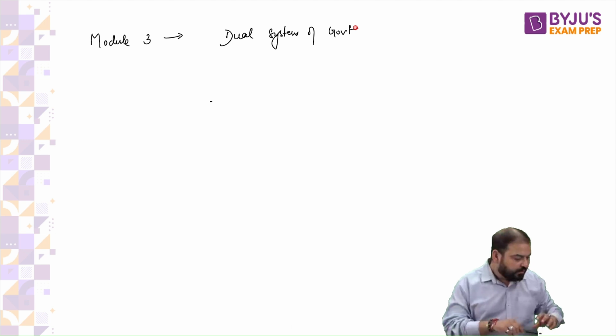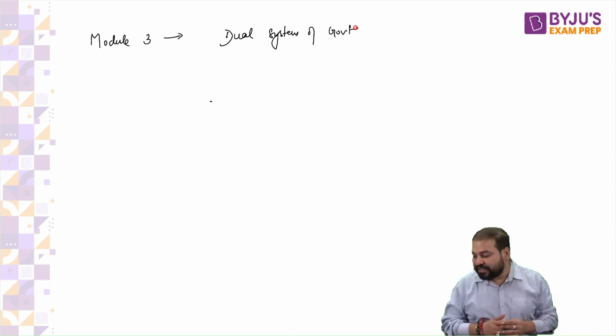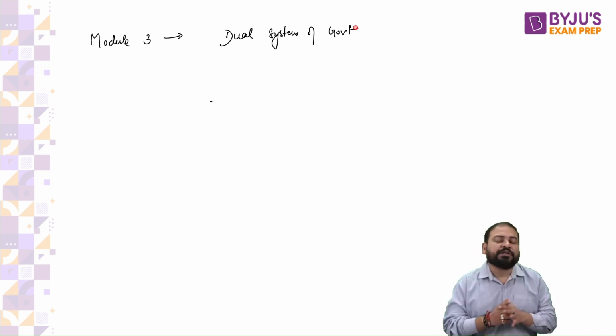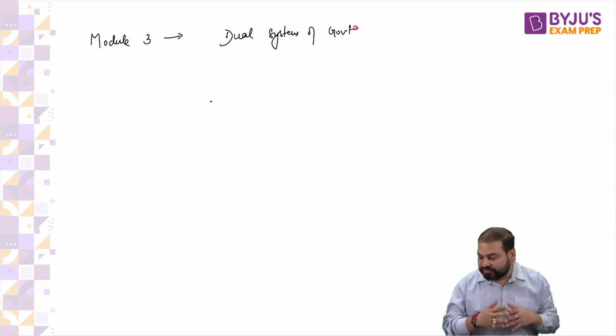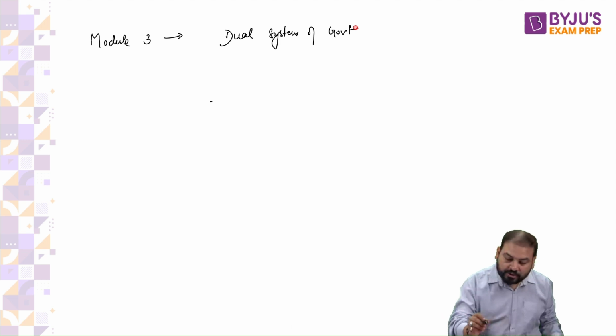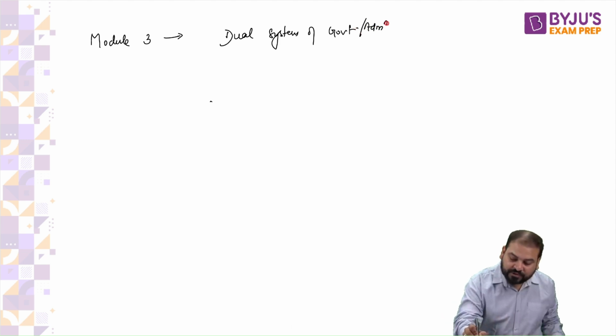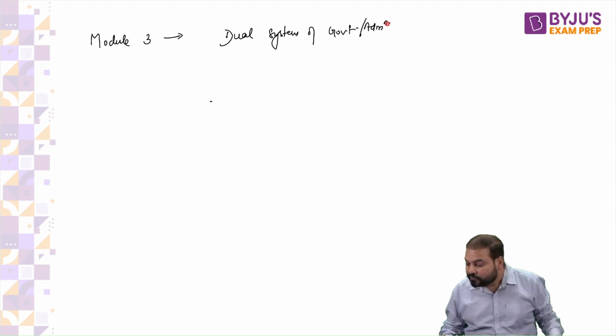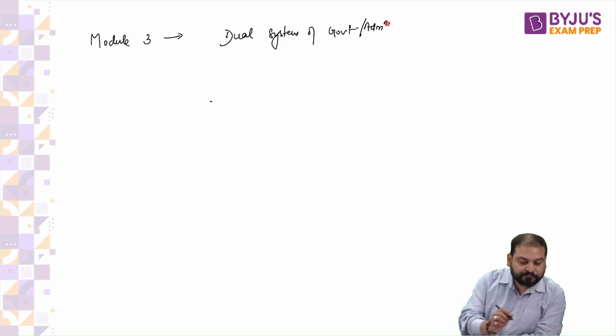Everyone, can you remember in module number 3, after the battle of Plassey and Buxar, we had to study something, the dual system of government or administration. Everyone, we had left that particular topic. So we will start with that particular topic. Then,